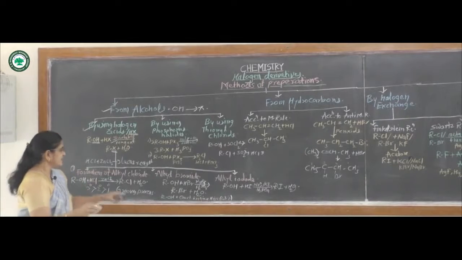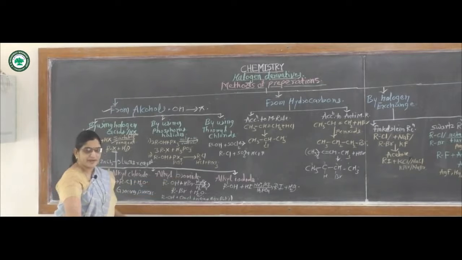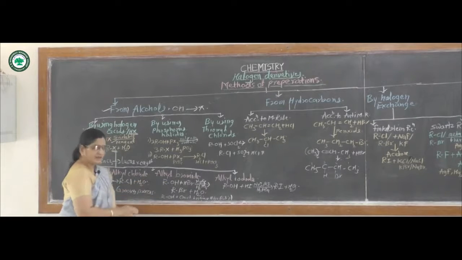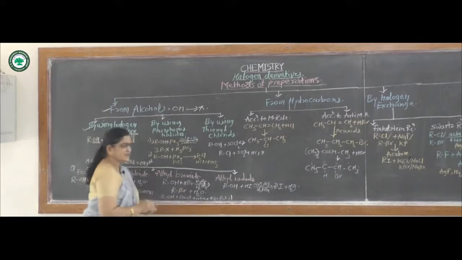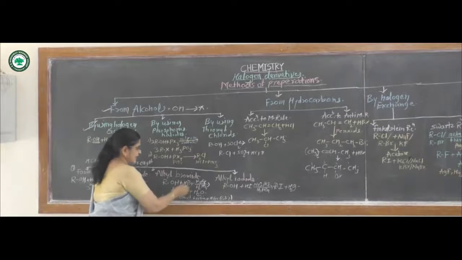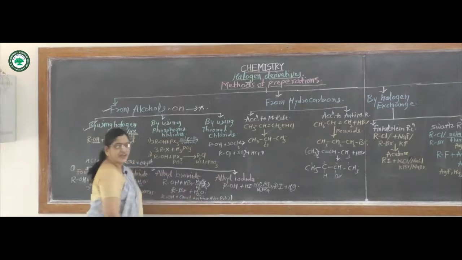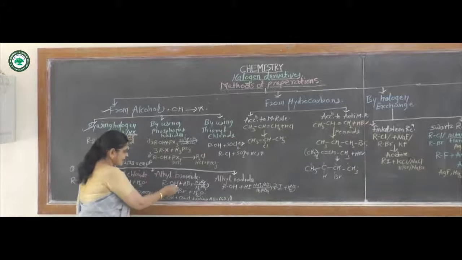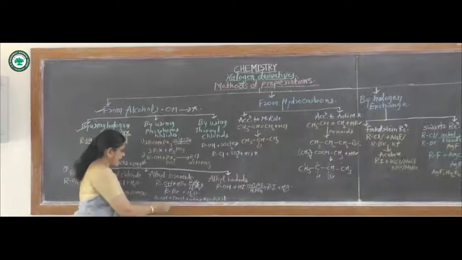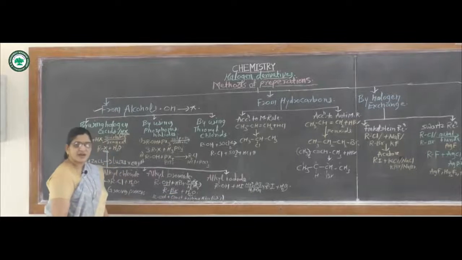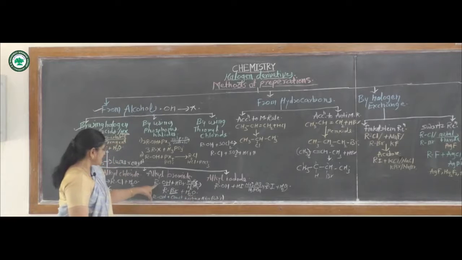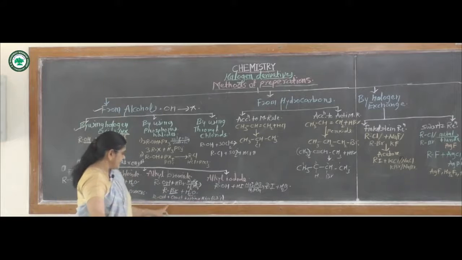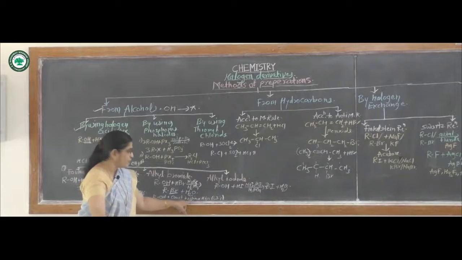Then second, preparation of alkyl bromide. For alkyl bromide, the alcohol ROH reacts with hydrogen bromide, with the reagent sodium bromide and H2SO4. Again the OH group gets replaced by a bromine atom and it forms alkyl bromide plus H2O. Primary alcohols also react with constant boiling hydrobromic acid at 48%.